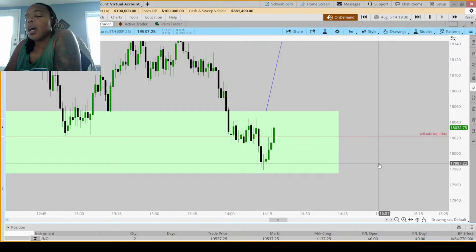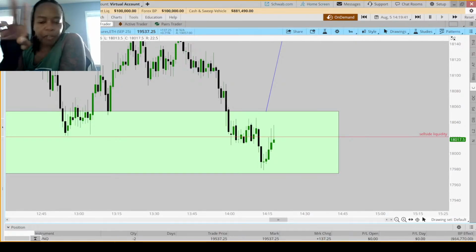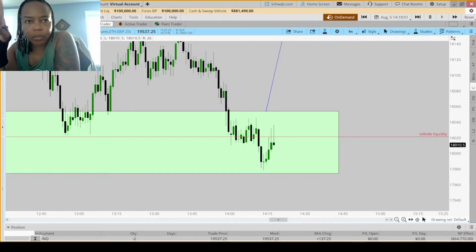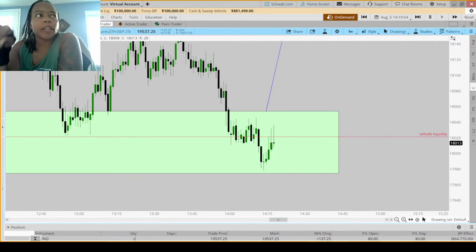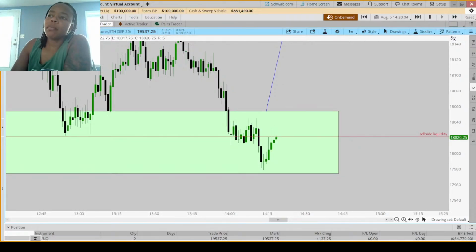Glad that worked. I'll also add, that's basically what I'm looking for. I need a sweep, I need a shift, and then I need them to leave either no fair value gaps at the order block and then have an up close candle, a down close candle that has a fair value gap above it. And then I could enter from that candle. But there cannot be any fair value gaps below it when I'm trying to enter. Otherwise, I'm going to put my entry at the fair value gap and the order block below it instead, versus the one that I shared just now.